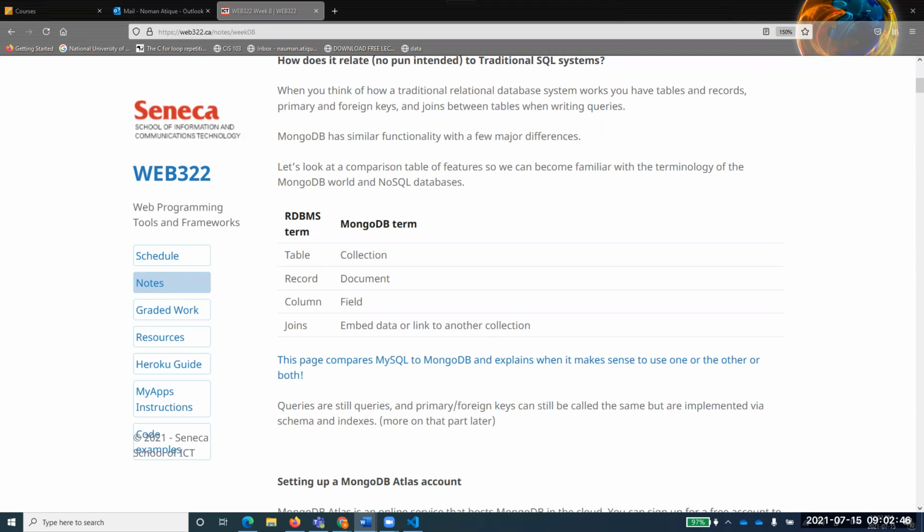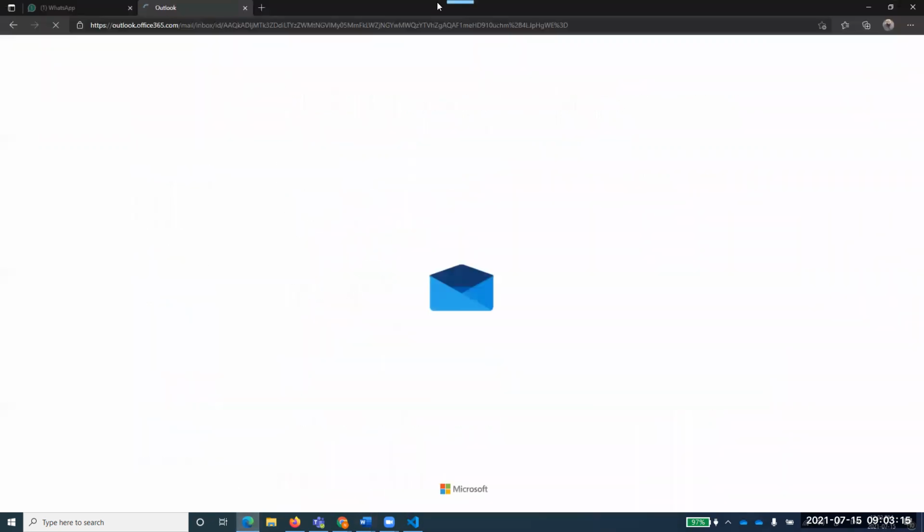Combining two table columns with some condition. Okay, so yes. Again, here we will be just embedding one collection into the other collection to get it done as a join. So again, just to repeat that, a table is something which will be called a collection over here. A record is something that will be called a document, and a column is something that will be called a field, and so on. So we'll have all these things in front of us, right?